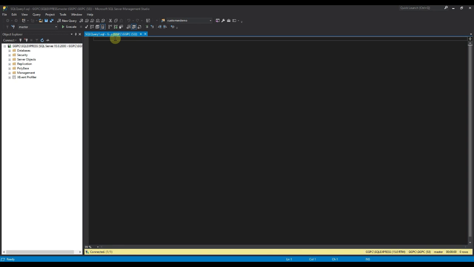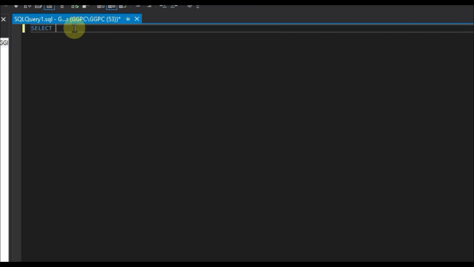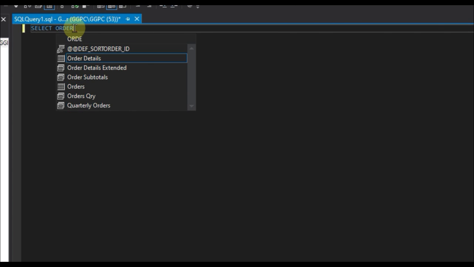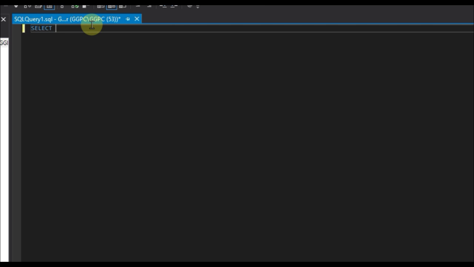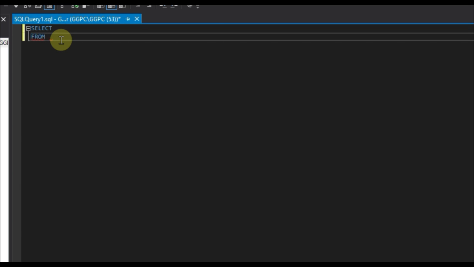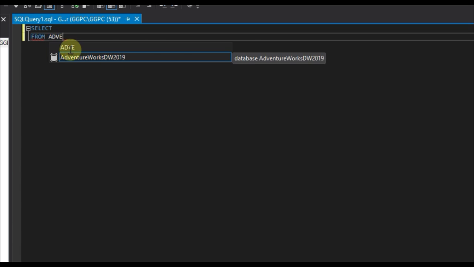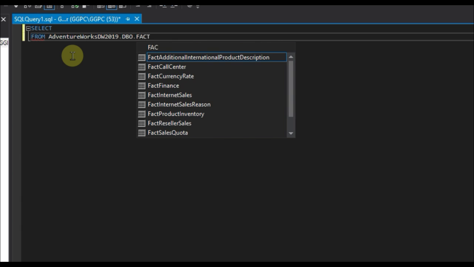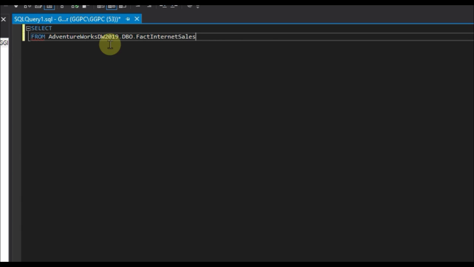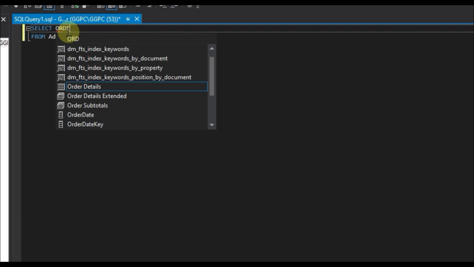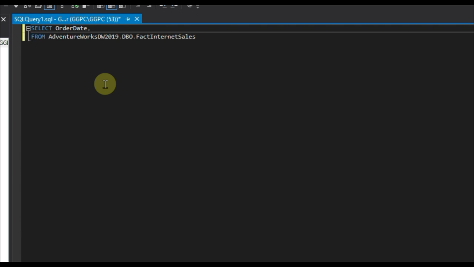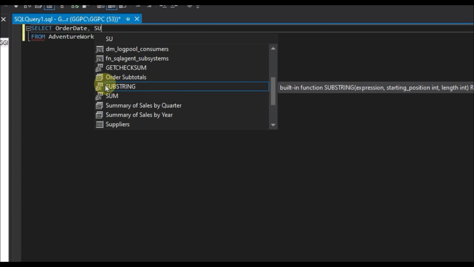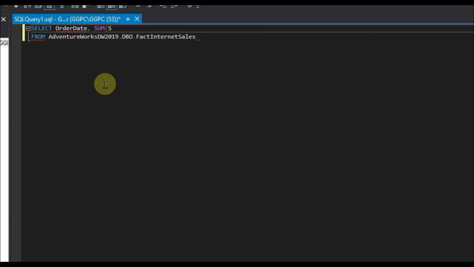So I've just opened up a new query and I will start typing it out. Select, I usually like to enter the from before the column names because you'll start to see the table column names come up first, so I'll just write that in first. AdventureWorks.dbo.InternetSales, and then we'll start to see the column names. Order date. And then we want to use the sum function and enter our column name here, sales amount,